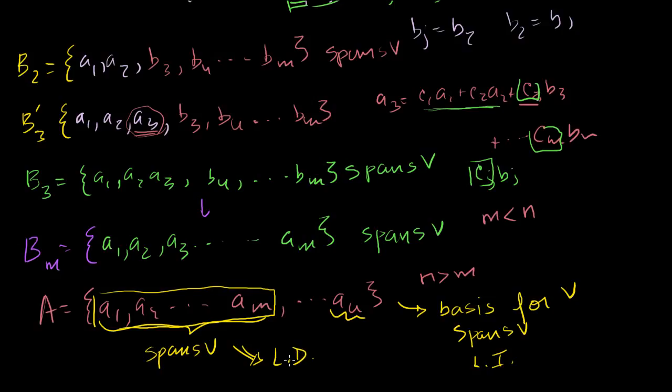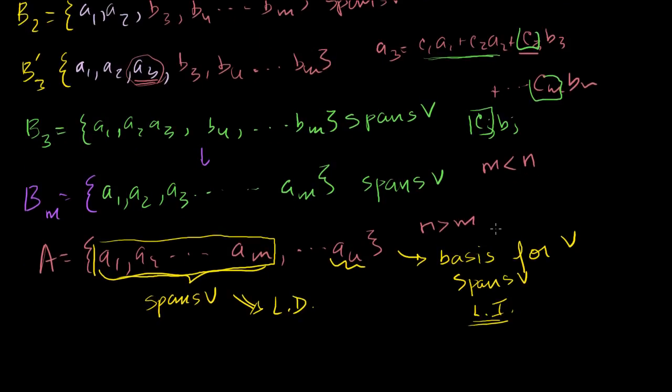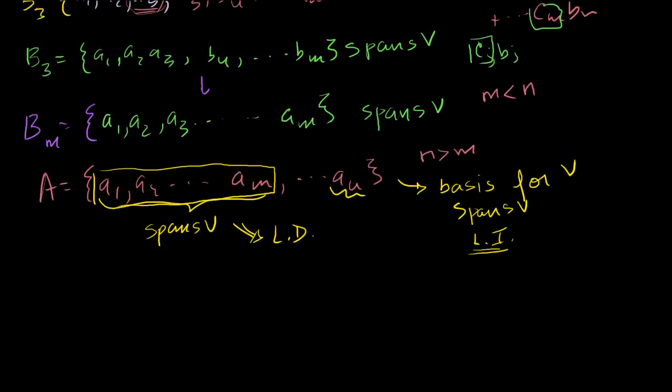That is a contradiction with our original statement that set A is a basis for V, because that means that it's linearly independent. If you're able to do this, then if there is some smaller spanning set, you get the result that A has to be linearly dependent, even though we said it was linearly independent. So we get our contradiction. There cannot be